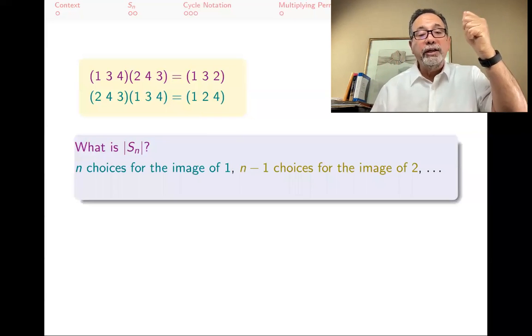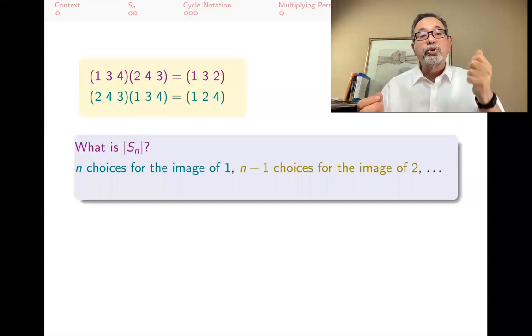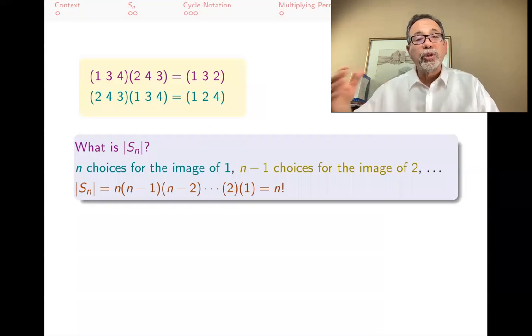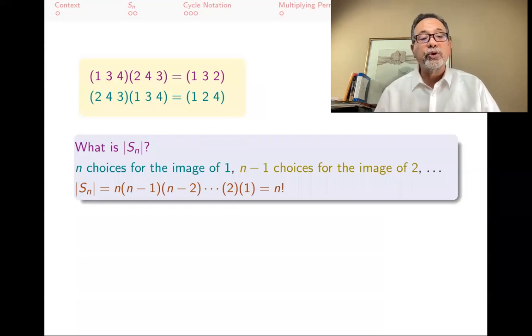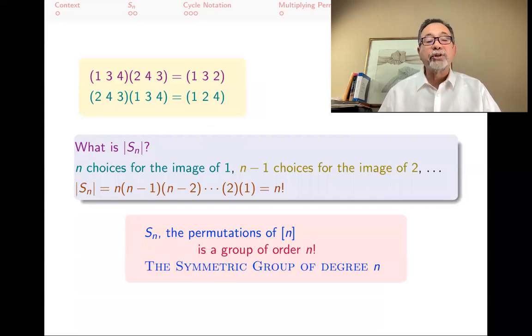Where can I send 1? I can send 1 to n places. But after I've sent 1, I can't send anything more to that place because it has to be one-to-one. So 2 has n-1 choices, and 3 has n-2 choices. 4 has n-3, and so on. You just keep going down. The number of choices you have is n times n-1, n-2, all the way to 2, 1, n factorial. So Sn, the permutations of bracket n, is a group of order n factorial, and it's called the symmetric group